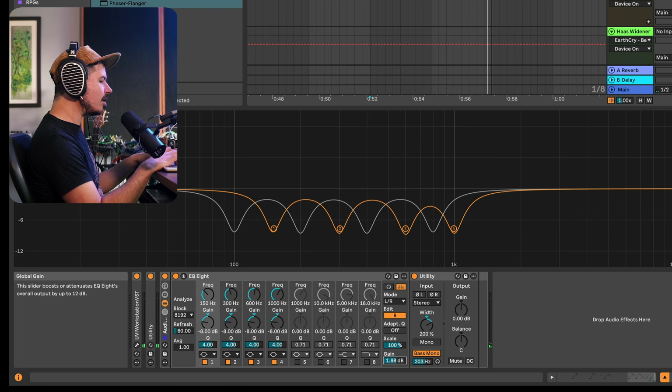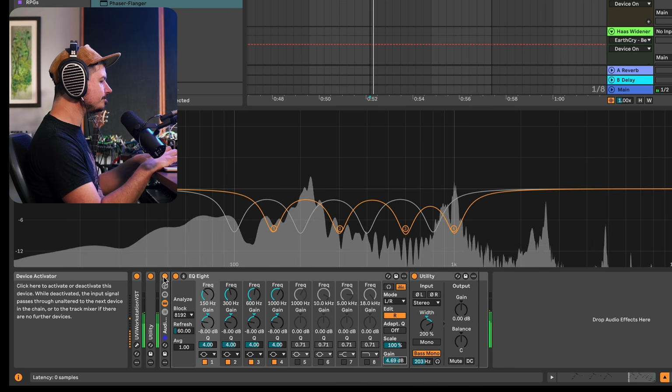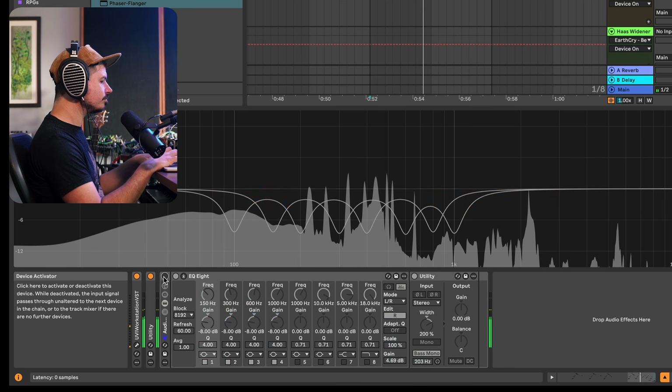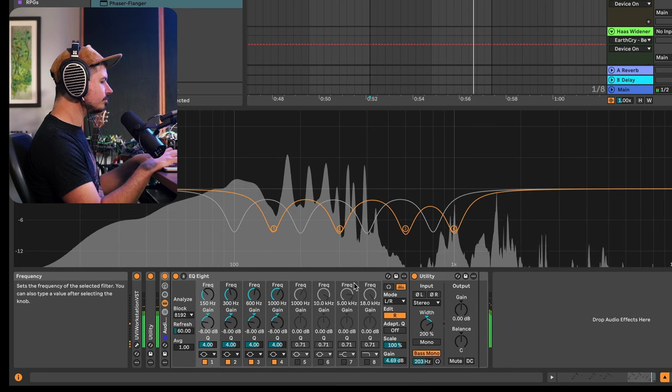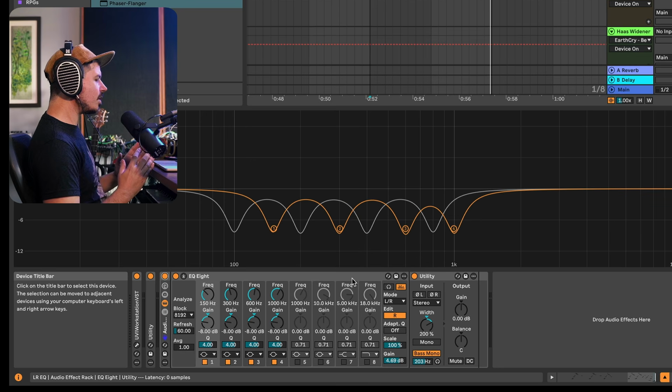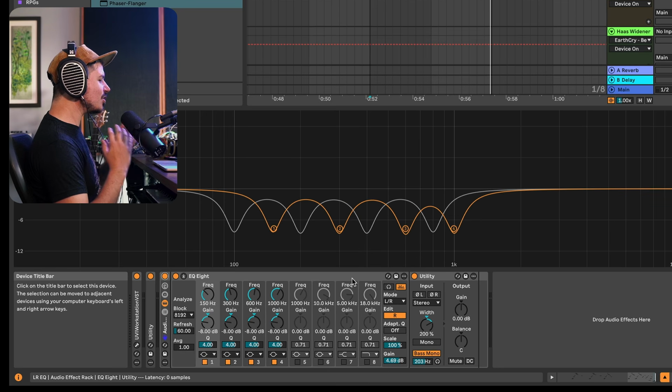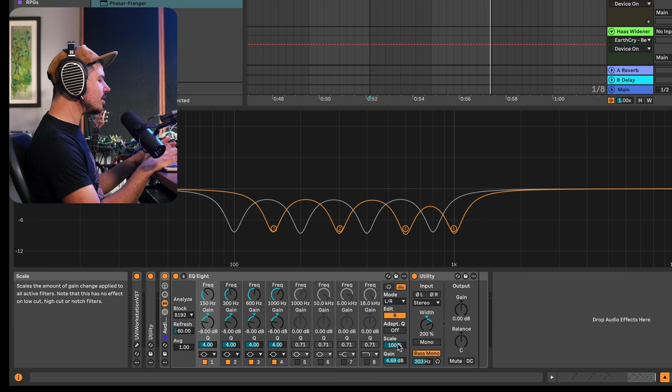So turning the gain up of the entire instance of this EQ8, we can achieve a similar volume. Now, using EQ this way always surprises me. It sounds so awesome, right? There's something else that's unique about EQ8, and one of the features that I love about it is that you